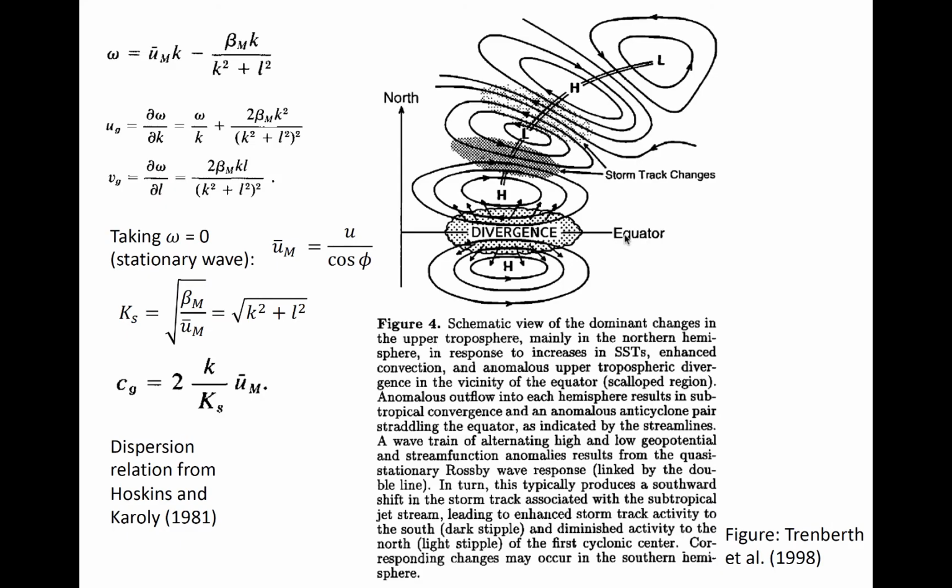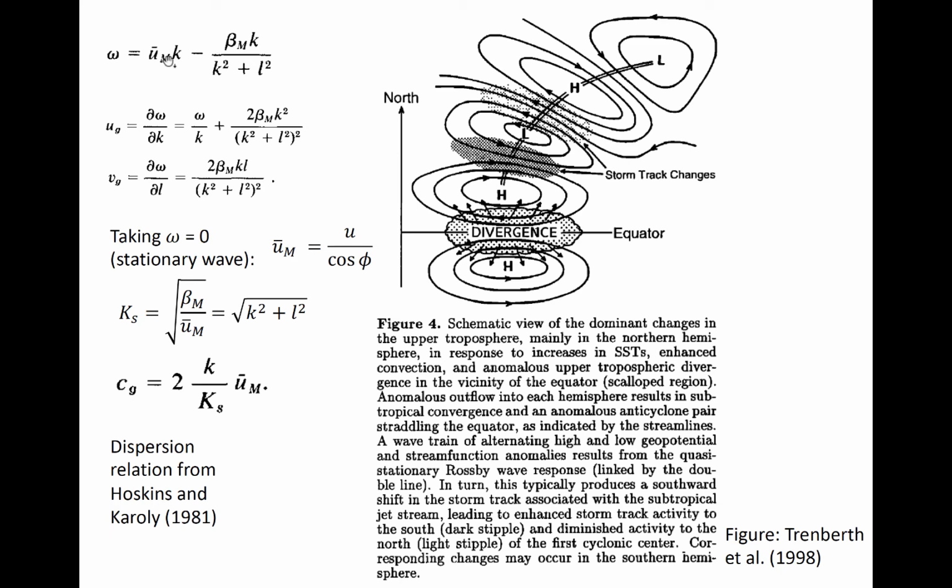The barotropic Rossby wave train excited by tropical convection can also be represented analytically. The dispersion relationship describing the motion is shown at top with zonal and meridional wave numbers included, as K and L respectively. The M subscripts just indicate that a Mercator projection is used, and so the mean zonal wind and beta are scaled to the new projection.